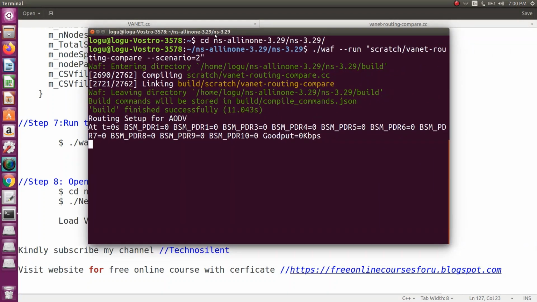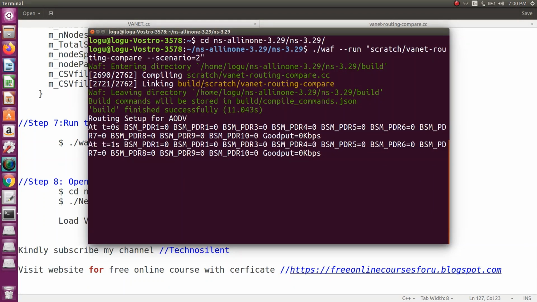Now the program is compiling. Built successfully, so now we are getting the output. By default it is AODV.